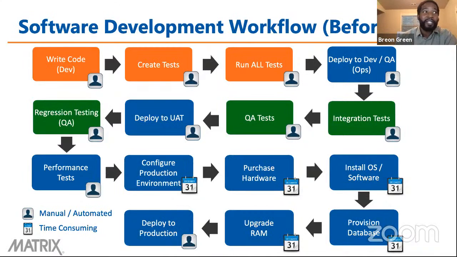And so here again is an example of a process sort of using waterfall, and you can see that there are very much some time-consuming processes, right? So those time-consuming processes are those that are manual, where we actually have a human performing some work.